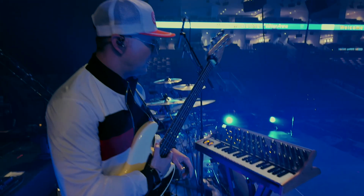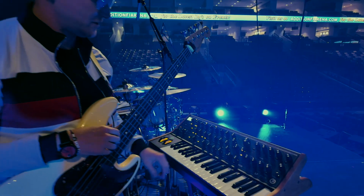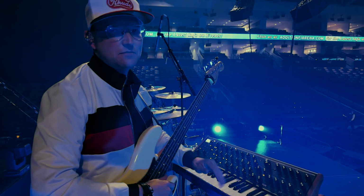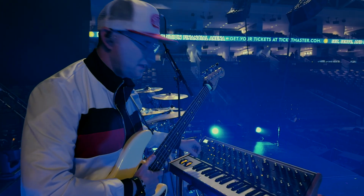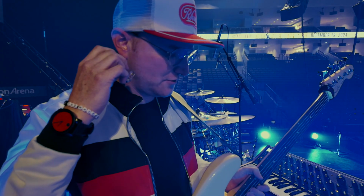So we'll move on over here. We have a lot of synth stuff going on. So I'm using here the Moog Subsequent 37. Have all my patches saved so I can just rapidly flip through anything that I need. So I've got that. Got to have a trusty pick for the, yeah, and then I hear everything through the